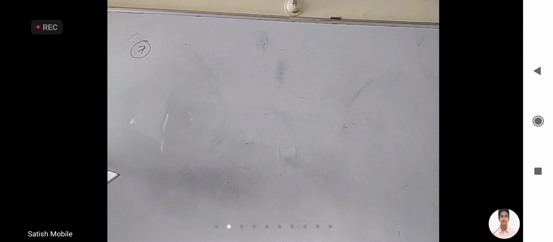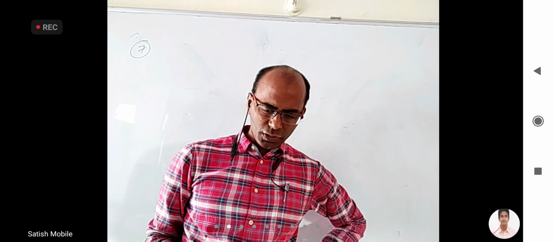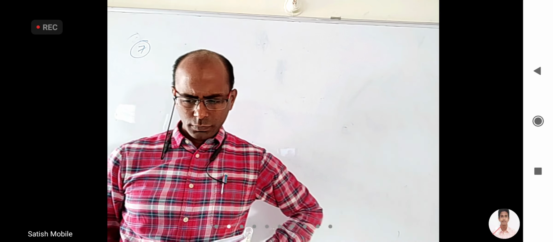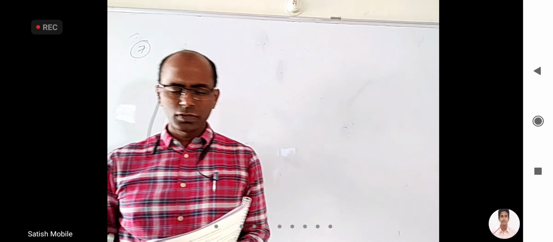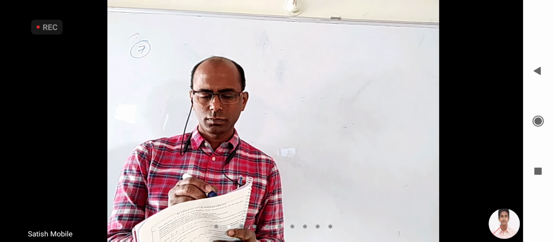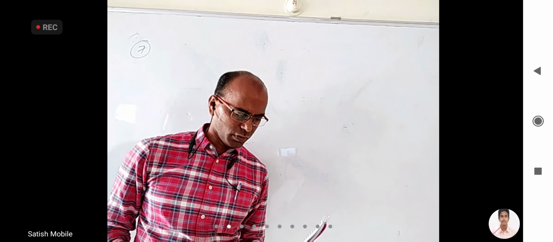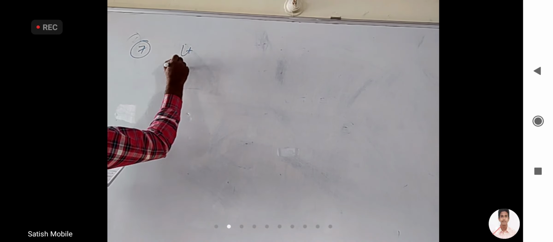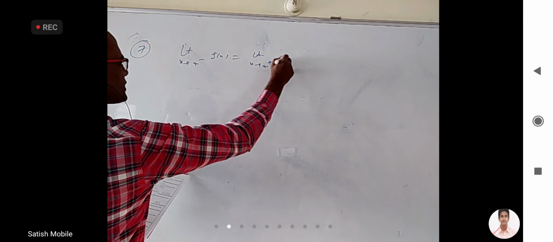Okay, 7. What is this question? Limit of the function for x less than 4 and x greater than 4. Okay, this is not a continuity question, it is actually a limits question. They gave one function for less than 4 and another for more than 4, and they said the limit should exist. The limit as x tends to 4 minus of f(x) should be the same as the limit as x tends to 4 plus of f(x).